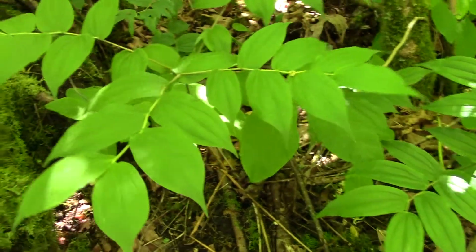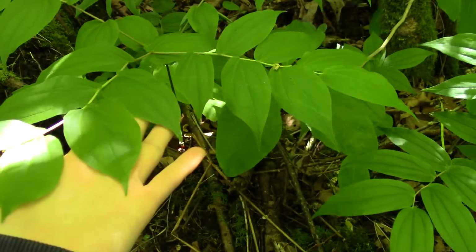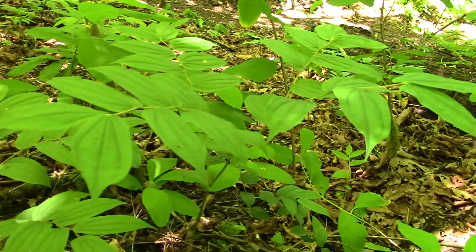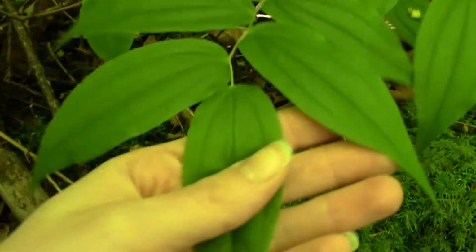So I'm sitting here in a clump of lovely little perennial herbs. So we're going to have a closer look at this one. You can see there's a few different sizes. And yeah, they're kind of all around me here. So if we have a closer look at this one right in front of me,